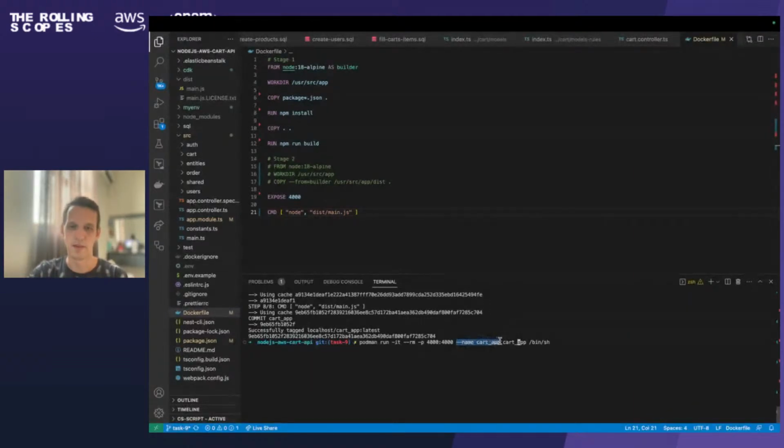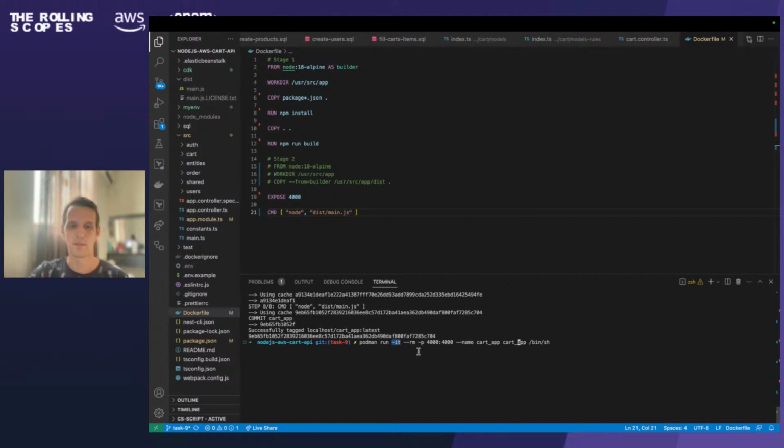Now I'm specifying the name of a container to make it more convenient to remove at the end. And I want to forward all of the requests to my local port 4000 to port 4000 of the container. And then I'm specifying --rm just to remove this container when it's finished its job, and to run